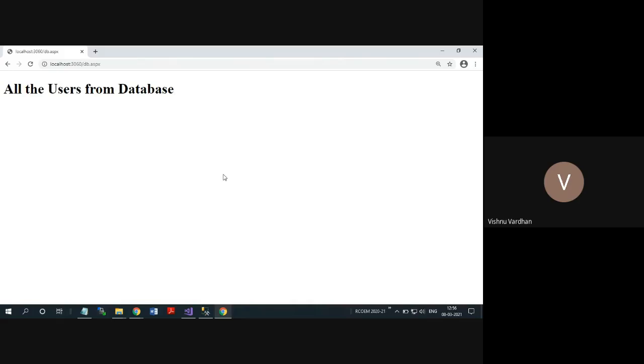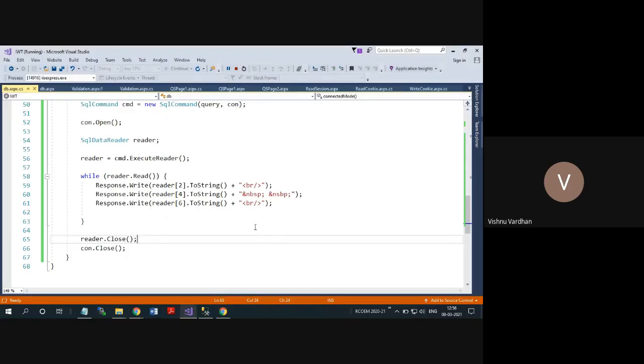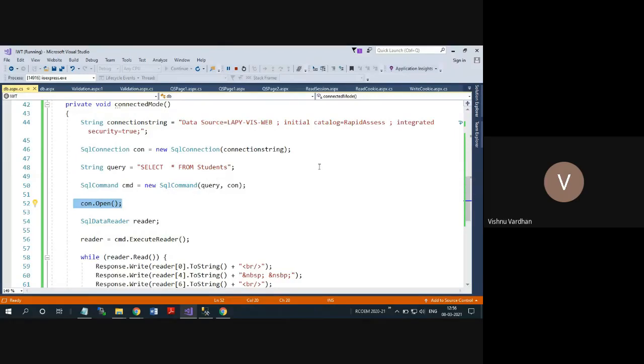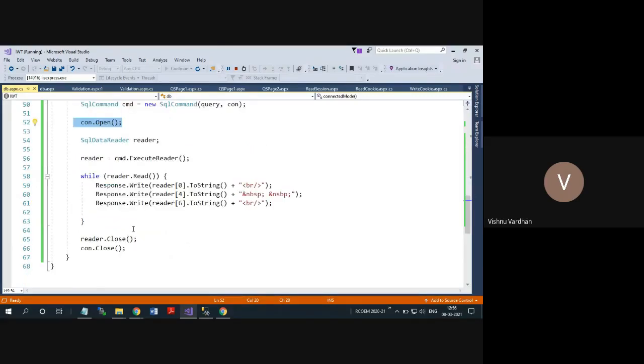So it is actually reading the content, but nothing is printed on this. Why is it so? Response, connection is there, connection is open, then connection students, everything is proper.